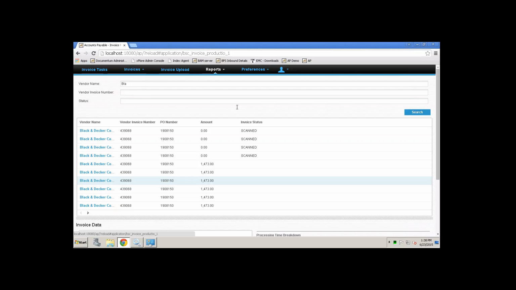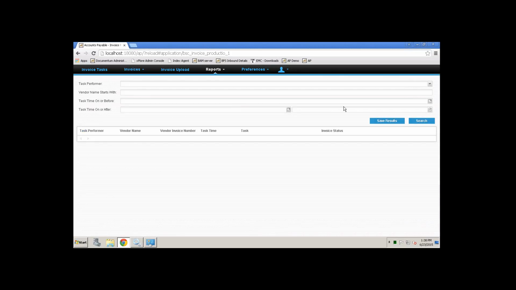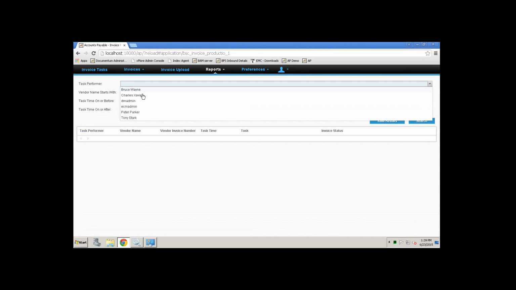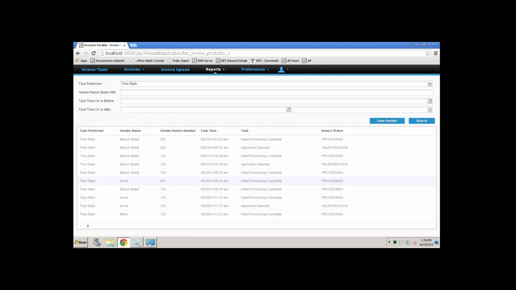some production reports. So if you want to take a look at individual performers and how they're doing in their processing, we can give you some statistics about all of the invoices they've processed and what time they spent on that. We also have the ability to save the results into an Excel spreadsheet, so you can almost use that as an ad hoc reporting tool by delivering it to Excel, that you can further then sort and